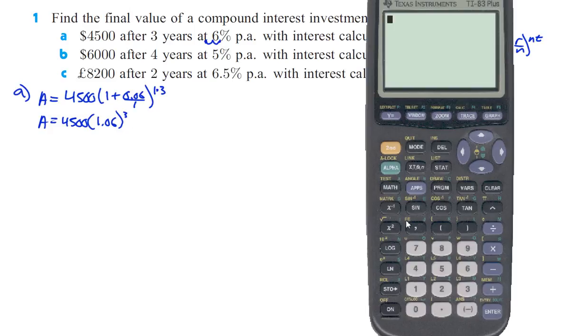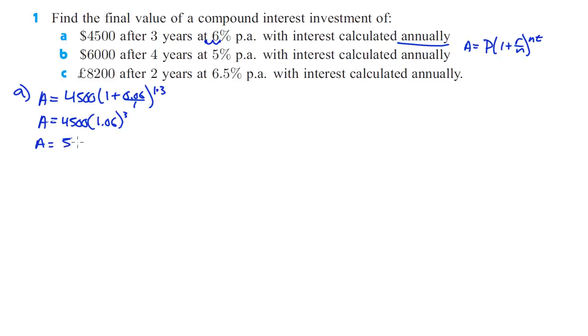Okay, so we can just plug that into our calculator. 4,500 times 1.06 to the third power gives us 5359.57. 59 point, what did we say? 57. Okay, so that's how much it's going to be worth after 3 years. All right, part B,